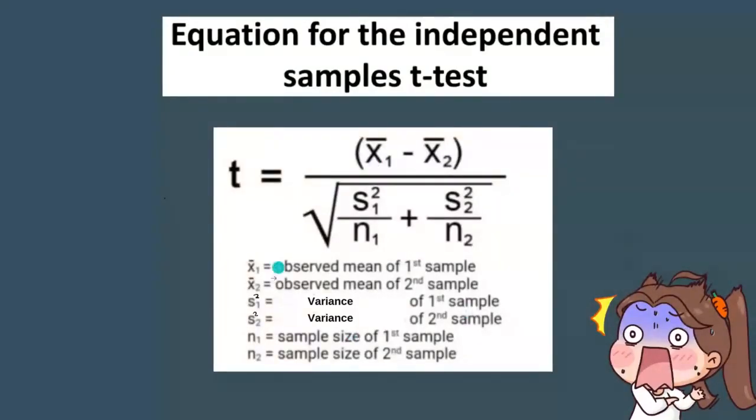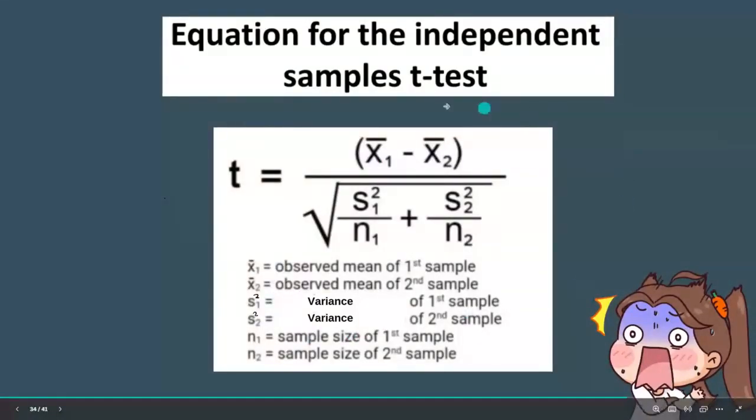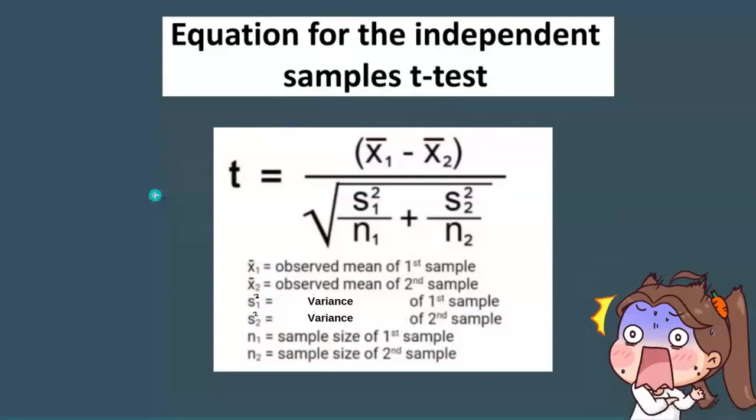I do not believe you would be asked to do a 2 sample t-test simply because of the time it takes, because what we just did for the 1 sample, you have to do twice for each group. Okay, so if we break this down a little bit,